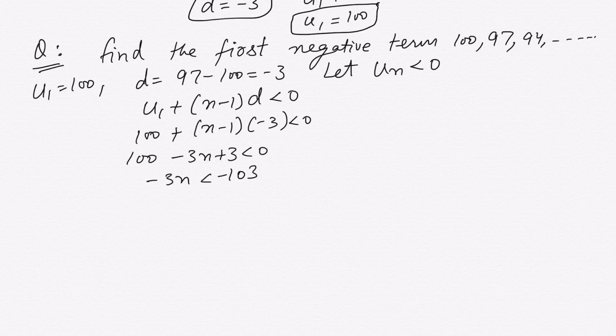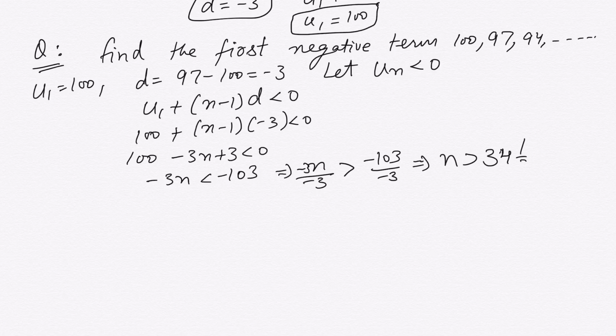Now, one very important point here. I have to calculate n, but the coefficient of n is negative. So I have to divide both sides by a negative number. If I divide by minus 3 on both sides, what will happen to my sign of inequality? My sign of inequality will change. Just as a reminder, if I divide or multiply both sides of an inequality by a negative number, the sign of inequality changes. So what I get here is that n is greater than